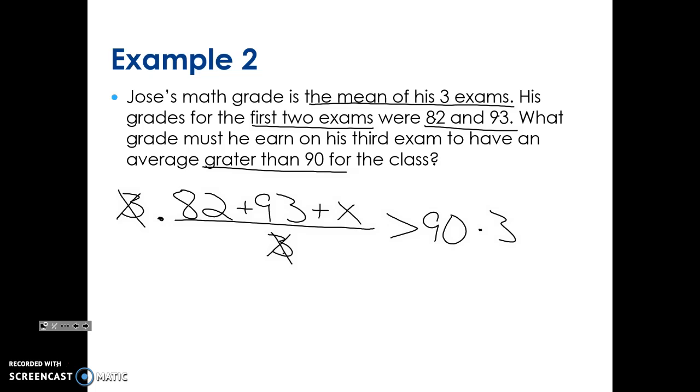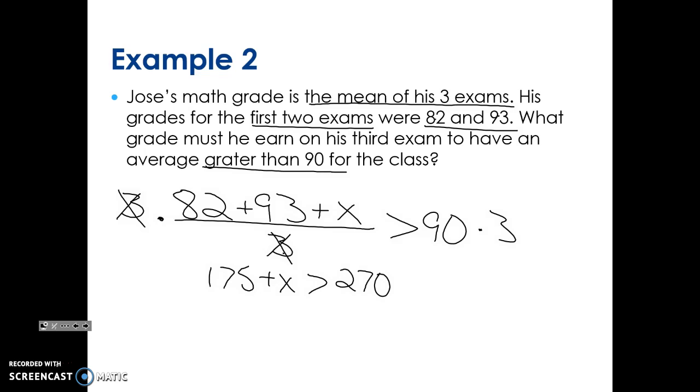So what's 82 plus 93? All right, 175. So we're going to get 175 plus x is greater than, notice we didn't multiply times a negative this time, did we? So it stays the same. And then 90 times 3 is going to give me